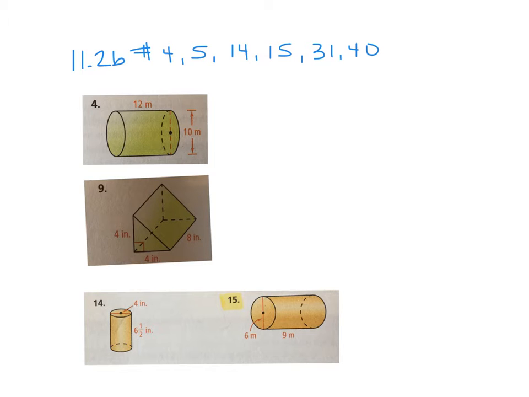All right, here's some questions from 11-2B that you guys had. Number 4 is asking you for the surface area of a cylinder. Remember, you always have to start with the lateral area. So lateral area is the area of the base times the height. Your base would have a radius of 5, so that's pi times